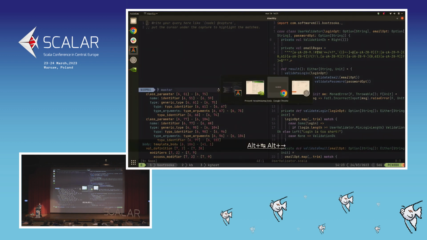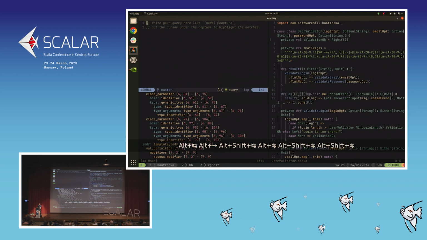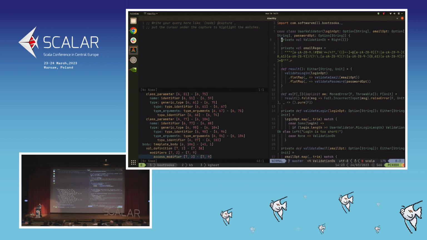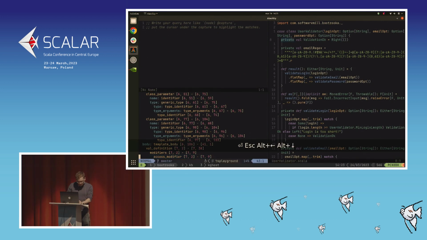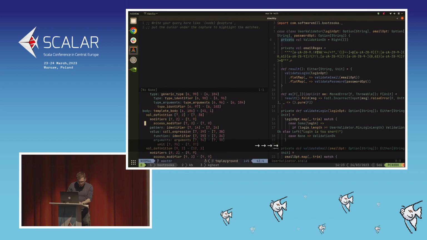And oh, wait. Let's check how this node looks like here. So this is a val definition, which is inside a template body node, right? This is a template body. This is val definition. So we can write something like